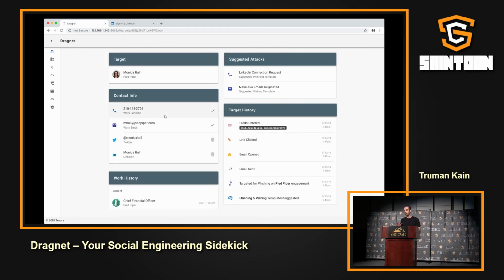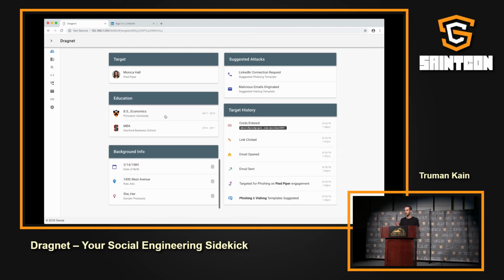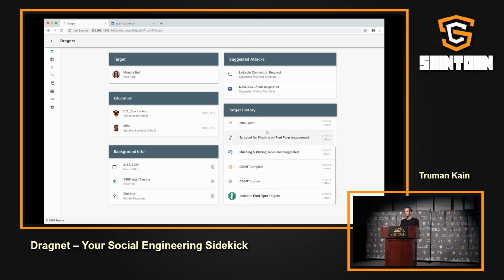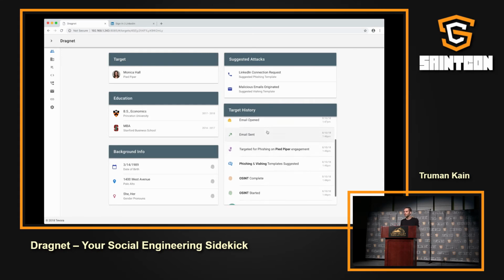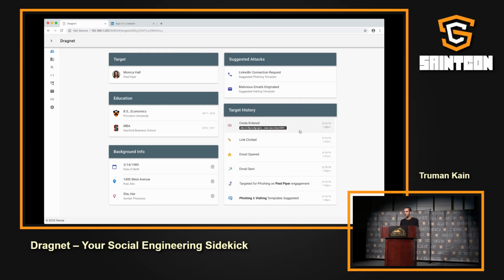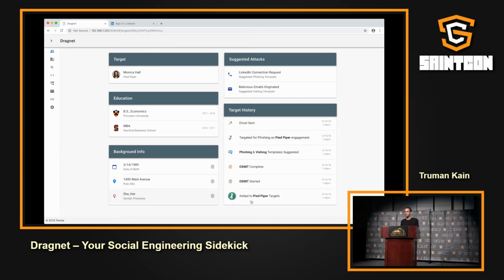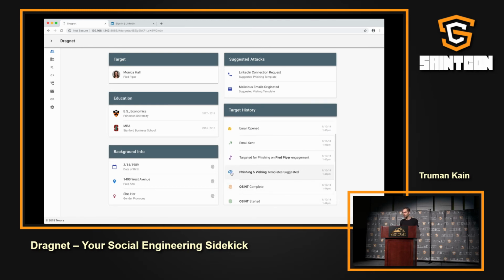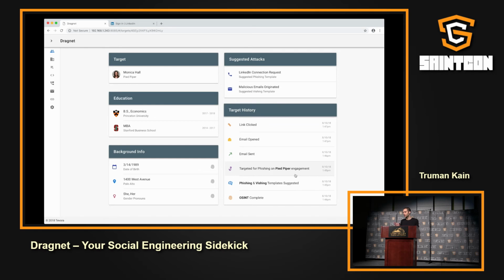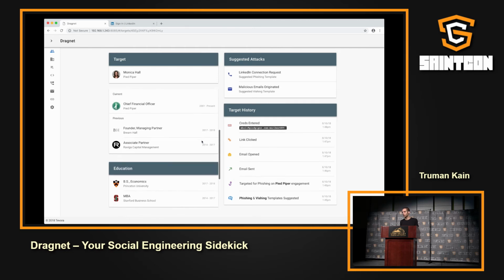If we click through to her main dossier, we can see a kind of a bigger view of the information that we've gathered about her. But on the right, we don't see an attack log, we see a log for this entire target. When she was added to a client, when she was brought in, each time that she's had an attack tried against her, and the result of that attack, the suggested templates on the top right. And over time, those are going to change. Sometimes you don't want to send someone the same thing over and over. Sometimes you do.